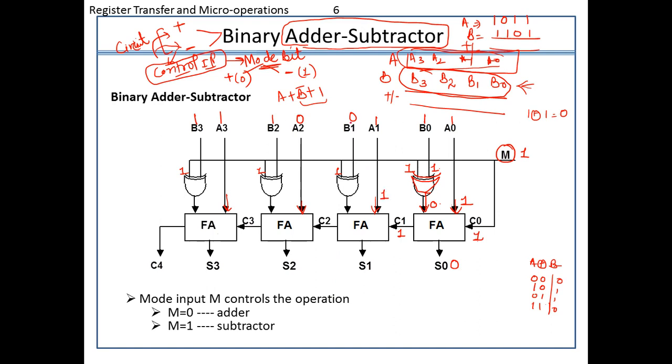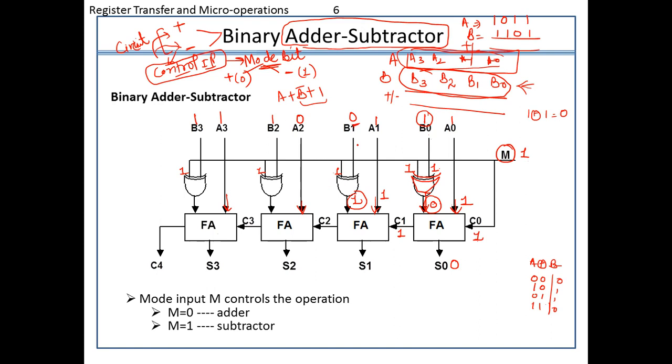This is 1 as an input. 0 and 1 will lead nothing but 1. Actually, it is doing nothing but the complement term. See, this is 1 here. In case of subtraction, what do I want? The complement of that. So the 1's complement is actually gone. This is 0 value here. So what do I want in case of subtraction? The complement here. So this is the complemented value.